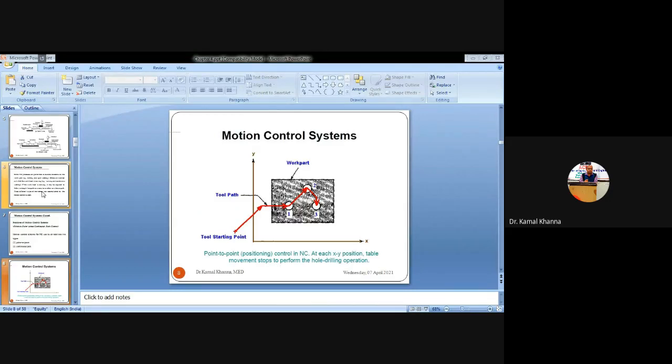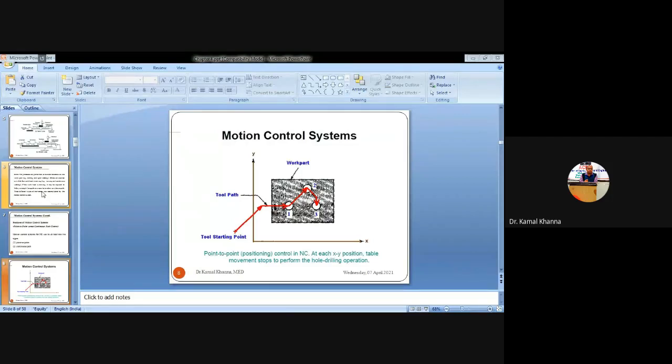All the specifications, the path of the tool and the operation, and which tool has to be taken from the tool library and attached to the tool drum to perform that particular operation, all these kinds of sets of instructions are performed by the program which is stored in the CNC machines.